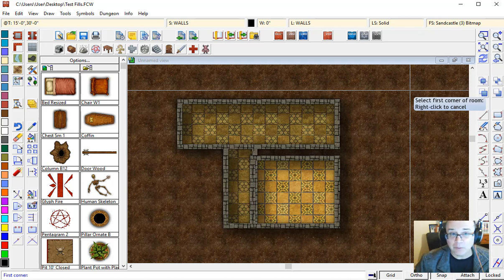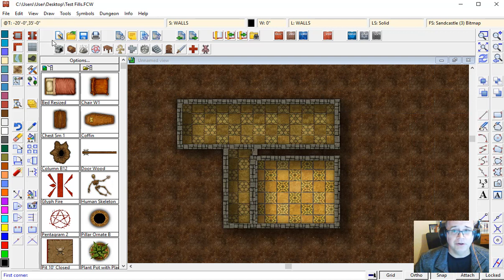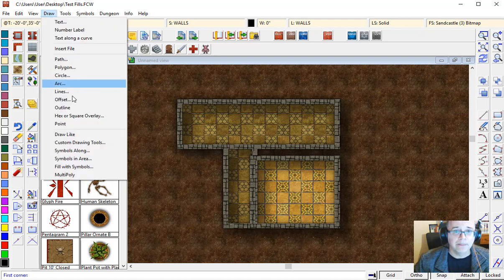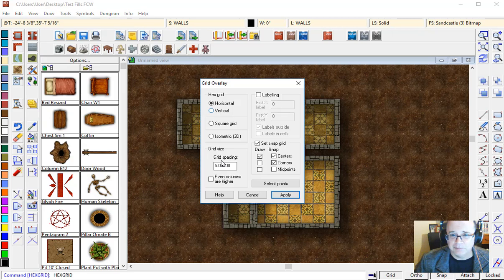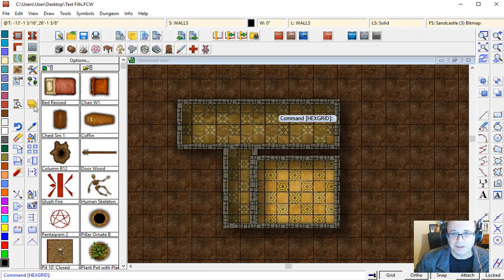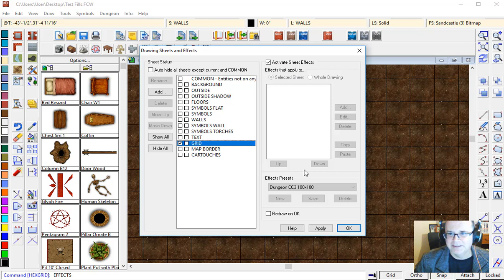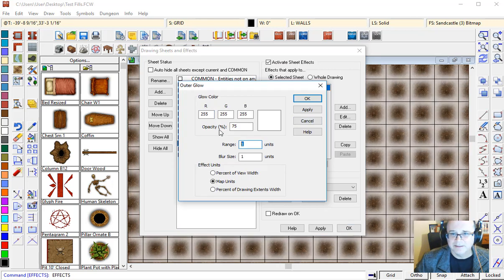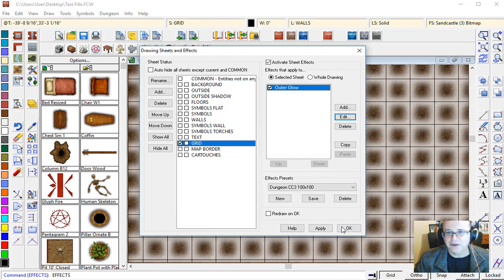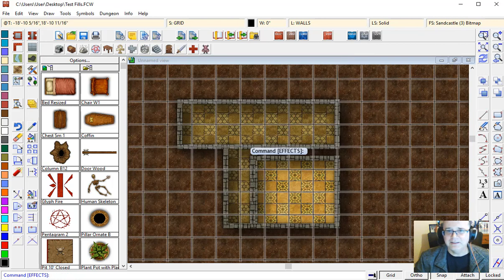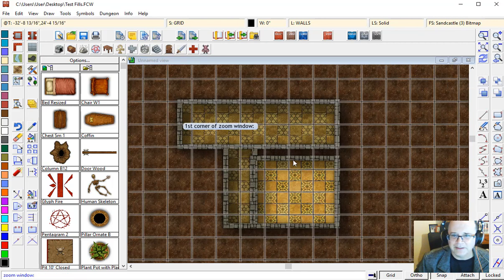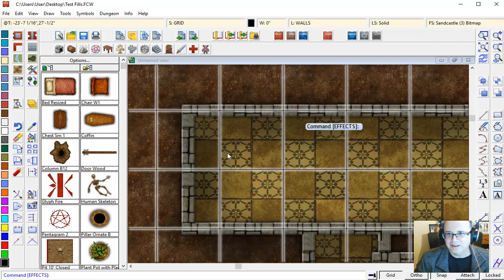The next thing that you might want to do is put a grid line over this. So I'm going to go draw, hex square overlay. Make sure your labeling is turned off. Click on apply. And what I'm going to now do is apply a special effect to that grid, just so that you can really make this pop. There you go. And now you can see when we zoom in on our map, you get these lovely, clear,